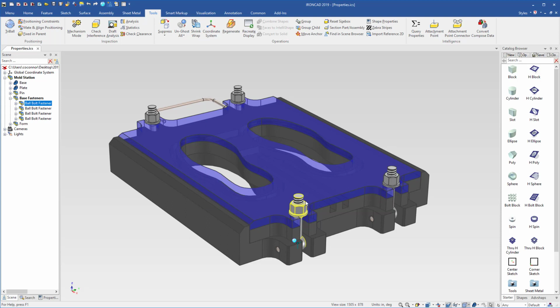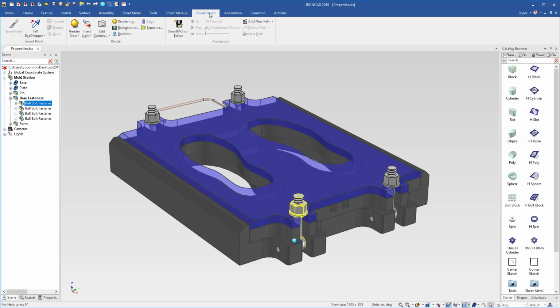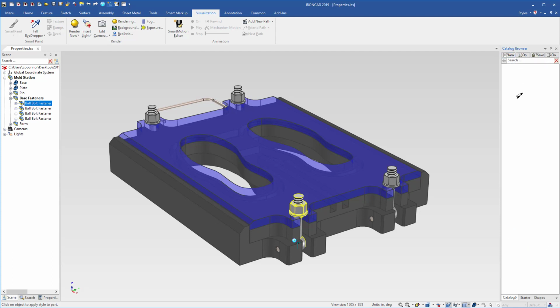We want to use these over and over again on the other fasteners as well, because maybe these aren't linked, maybe these are just copied into this file or used throughout other parts of our design, and we want to use this same property tag in multiple places. To do this, go to your visualization toolbar and use the fill eyedropper to acquire the information from your assembly. Go into an existing catalog or create a new catalog, and instead of left clicking to place, right click